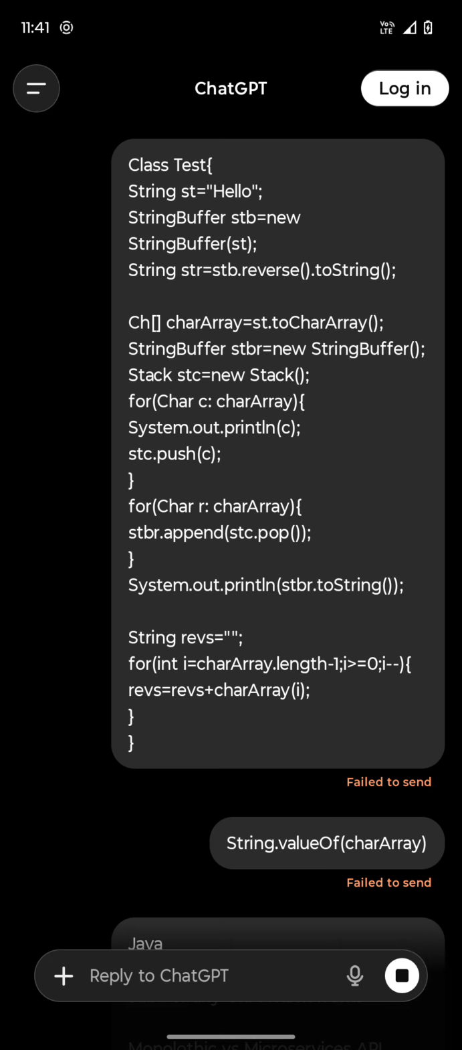So the expectation is we want to reverse the string. How many ways can we actually reverse the string? You can see I explained a couple of ways, not all of them. The first way is we